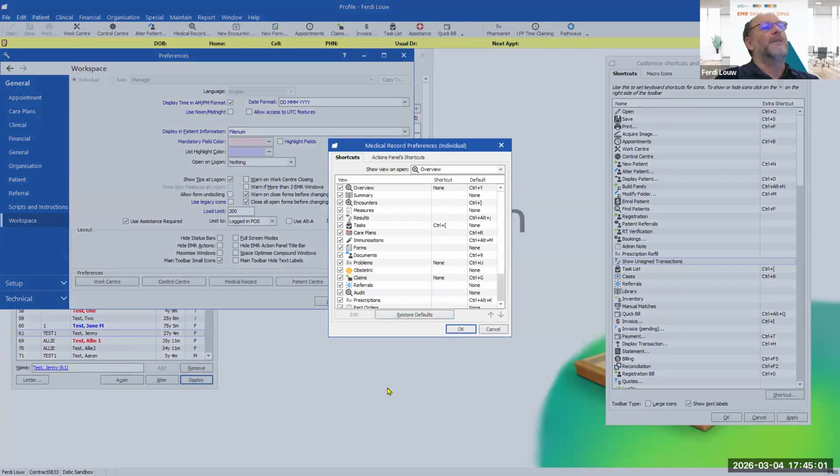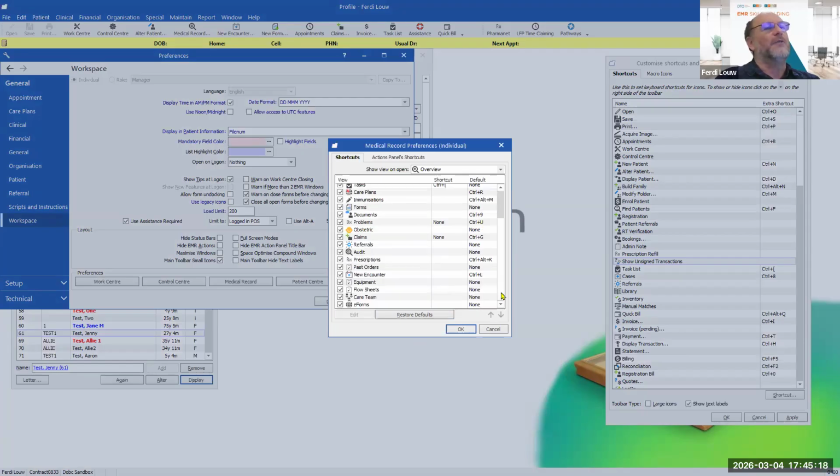And there I've got a similar list of shortcuts that can be used when you're working in a medical record. Like to access your tasks would be a Control and that bracket. And the default one to go to encounters is that one. So you can see which are available. If there's something that you would like to do, come and see what is the default here. If that suits you, use it. If not, create your own.